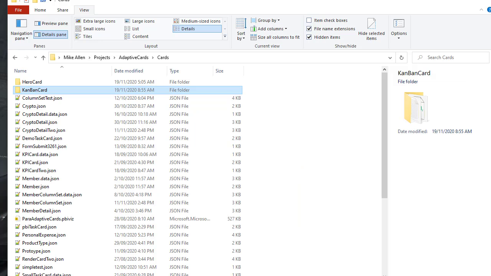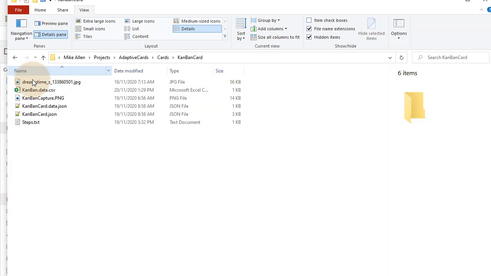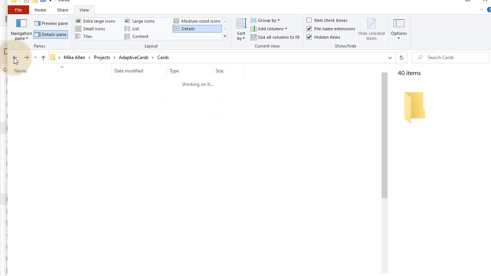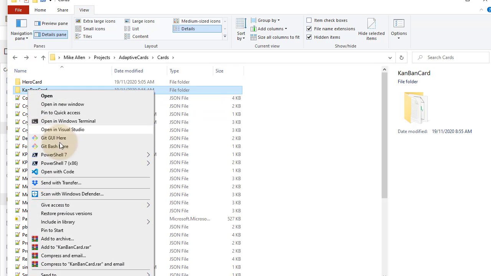Now, the text file here is in this one. You'll see that there is a JSON file here, KanBan card.json, KanBan card.data.json, and what we'll do is we'll just open this with code,